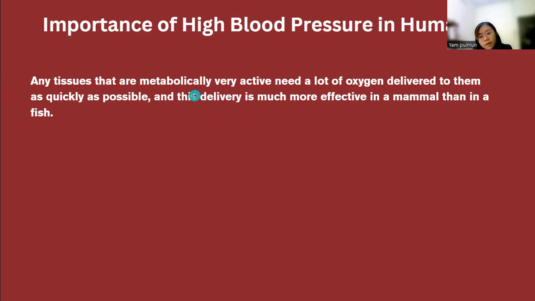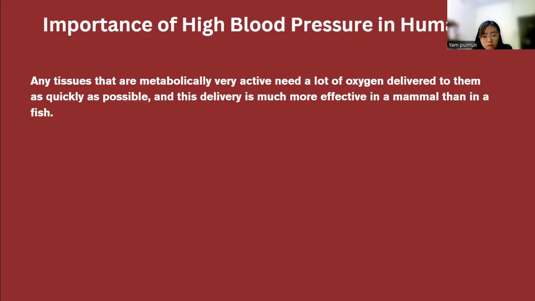What does it mean by metabolically very active? Metabolically very active means some parts of our body that use a lot of energy, such as our brain, when we need to memorize, and our heart, because we need to pump the blood to the rest of the body, and muscles during our exercise. So during our exercise, we need a lot of oxygen, so the muscles will be ready. So the muscles will be under very high